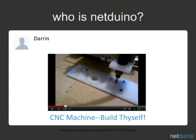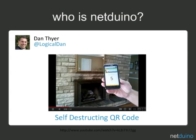So he took it from, let's build the basics so that we can drill out parts. And he got it just barely working. And then he had it actually build part after part to build his full CNC machine from scratch, which is just really, really impressive. Another community member here, and this one's really funny, Dan Thayer, who works, I think it's